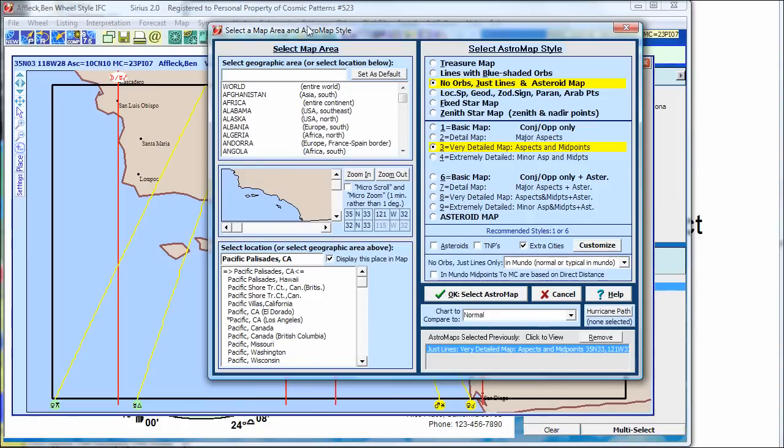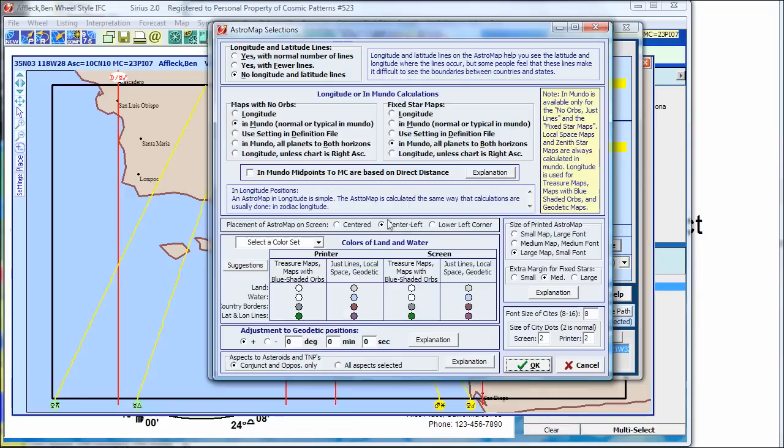Some of these options I've added in the last few weeks, and if you go to the Customize and Features of all AstroMaps, here's where you select a color set, and I'm using the light tan land. So I made it easier to select some color sets. We also have some new options for where the map is placed. I'm using what's called a center left selection,